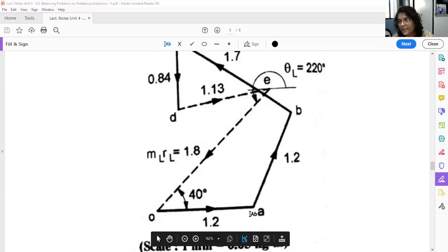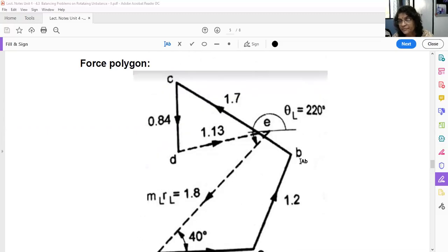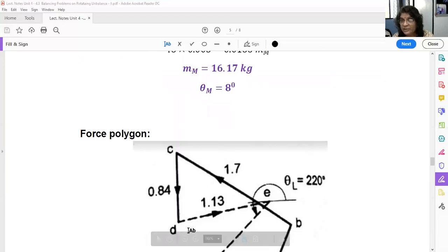Now you are here. Then the second vector was at 65 degree angle. So from the positive x-axis, measure 65 degree, draw a line up to B having magnitude 1.2 Newton. Now we are here. Now from B to C, draw a line at 165 degree angle, magnitude is 1.7. Then from C to D, next vector, what's the angle? From here it is 270 degree. And what's the magnitude? 0.84. Now you are here. And now this is the fifth vector, which is this 16.17 into that 0.07 we have multiplied.